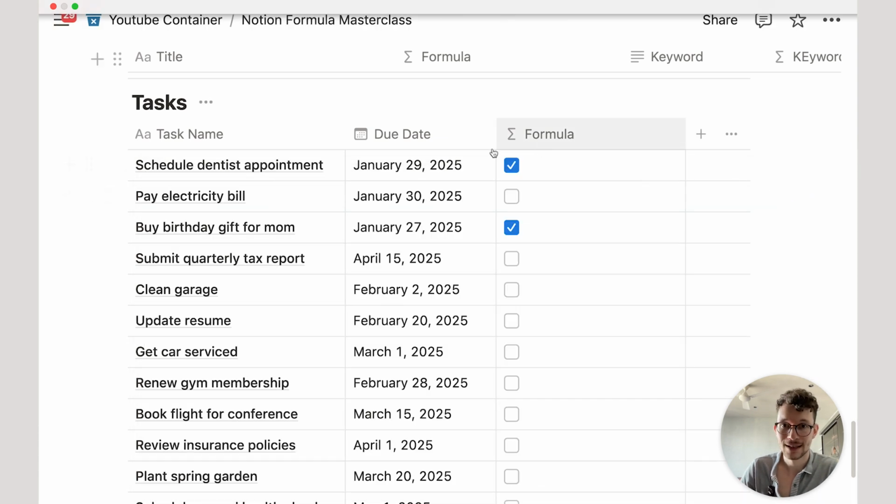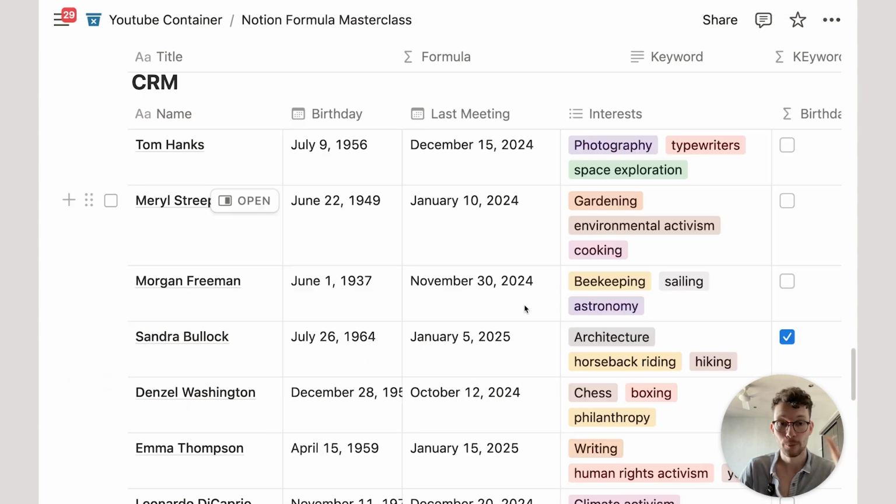You'll see that January 29th is actually checked, because January 29th at midnight, at 00:00, is indeed smaller than January 29th at 10 a.m. in the morning or 4 p.m. in the afternoon. Back to our CRM though, and the next date operator that we need to know about,